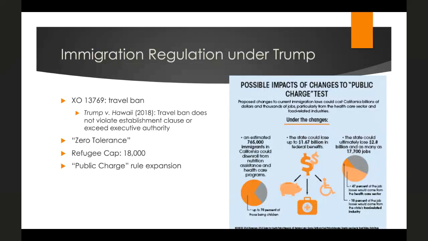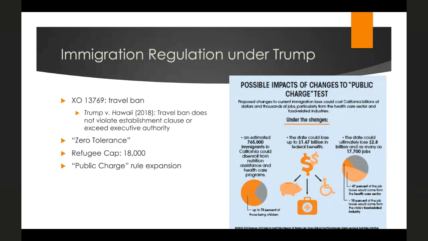So if you are a legal permanent resident, but your children were born in this country, and you were seeking an adjustment of status, or if you were not a legal permanent resident and you were seeking a legal permanent resident visa, but you had citizen family members who were using public welfare provisions, you could be inadmissible by virtue of your family members using their lawfully entitled social services, because that deemed you as likely to become a public charge.